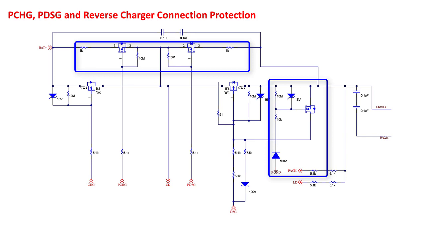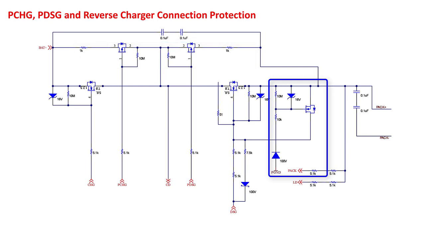The pre-charge and pre-discharge FET drivers are limited in how much current they can sink when enabled, so it is recommended to use 1 megaohm or larger resistances across the FET gate source. Many BMS systems have the requirement of being able to survive a reverse charger connection. Here we show the reverse charger protection circuit used on the evaluation module, and a similar circuit is used in the TIDA-010208 reference design. There is a detailed discussion of this circuit in the multiple FETs application report, so I will not discuss it in detail here. However, the idea of protecting against a reverse polarity charger connection does affect other parts of our schematic, which we will go over.